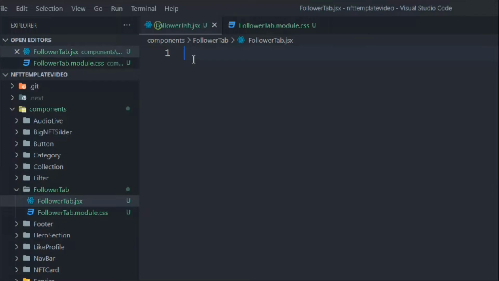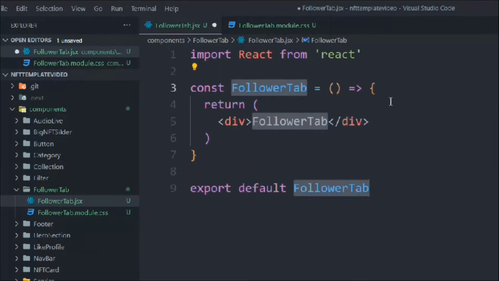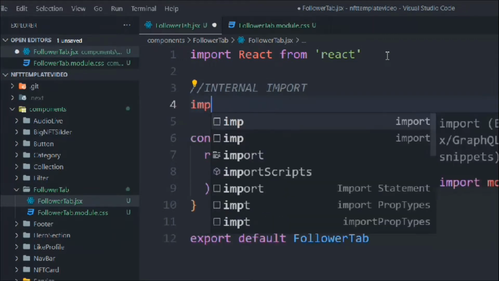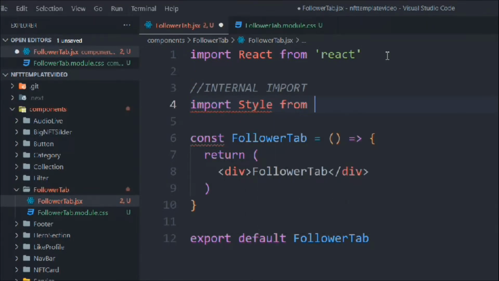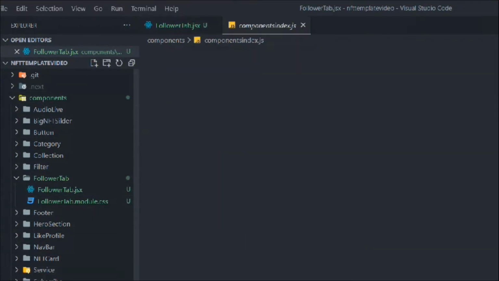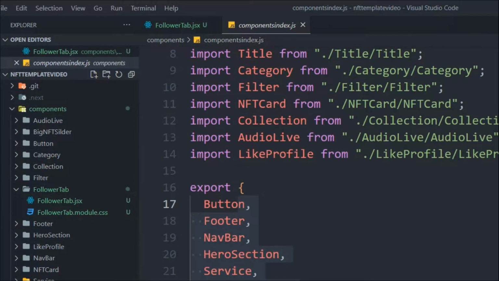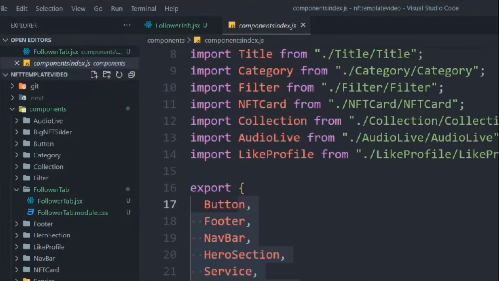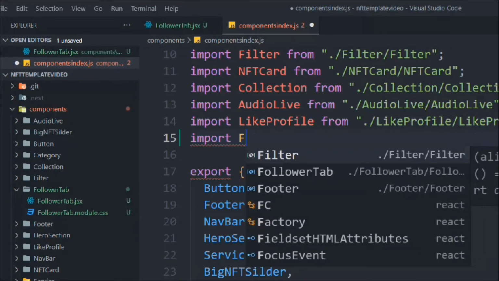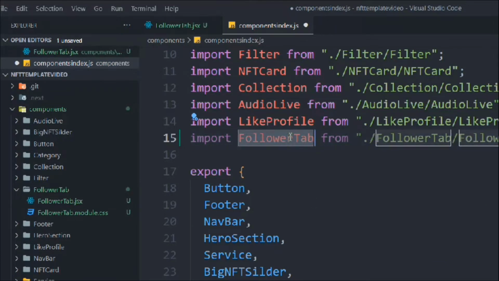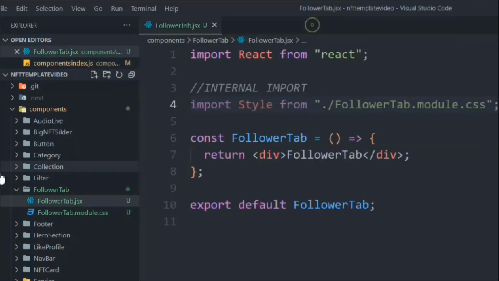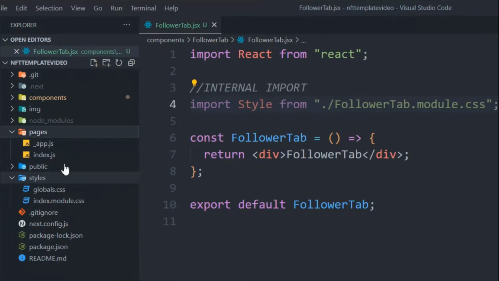So let's create the React functional based component. Type RFCE. Let's do the internal import. We need to import our CSS file. So import style, and that's coming from the same directory. Okay, let's close this one. Let's come down here in the component index, and here we have to import this file. So import follower tab, and that's coming from the component. Simply copy that and paste it here, export it. So let's close it, and now let's go to the pages, go to this index.js, and here